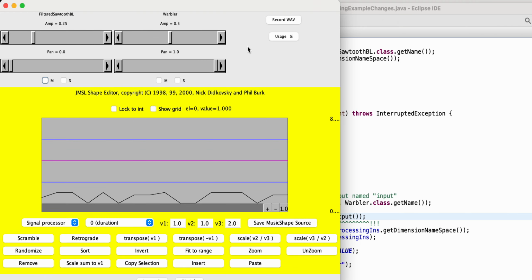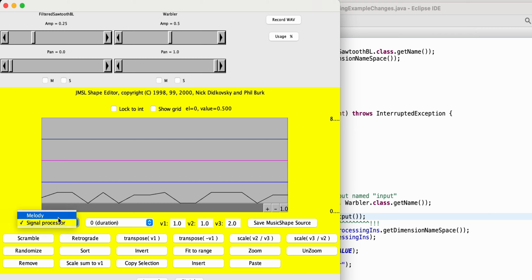Here we have the JMSL mixer. I've panned the melody playing a filtered sawtooth hard left, and the signal processor, this is the Warbler, hard right. We've got the signal processor and the melody both loaded up into the music shape editor,